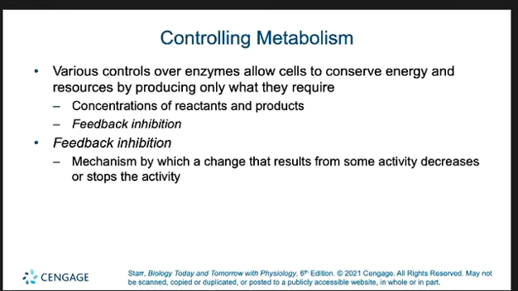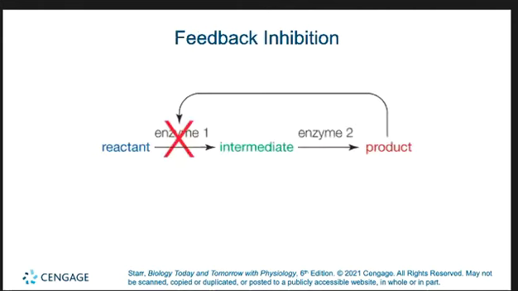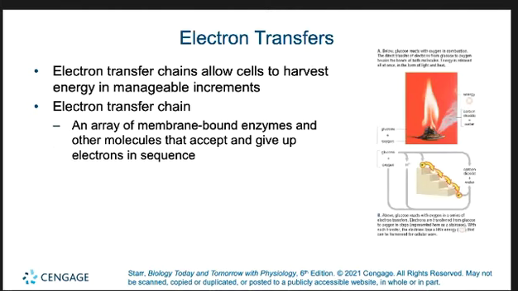We can control metabolism by slowing down reactions that have already filled the bill for what we need. Okay. We can either do competitive or non-competitive inhibition. Generally, the concentration of the final product in a chemical reaction series, a metabolic pathway, feeds back to some of the earlier enzymes in the pathway and slows down the activity, just like shown here. Okay. So there we are, right? And that way we don't waste our time and our energy.